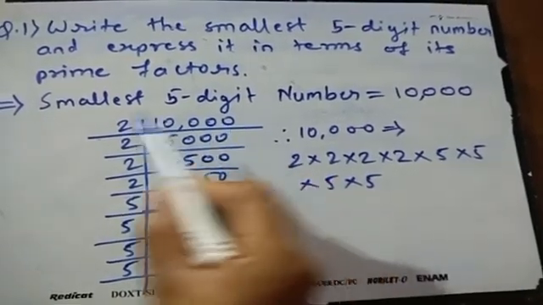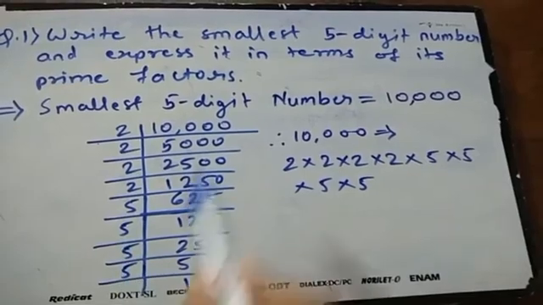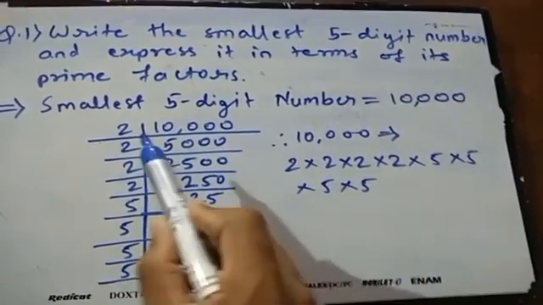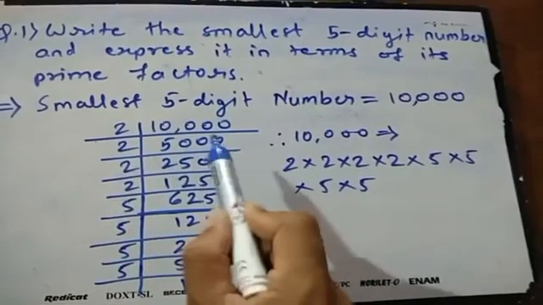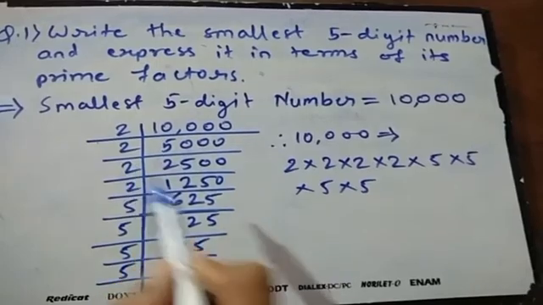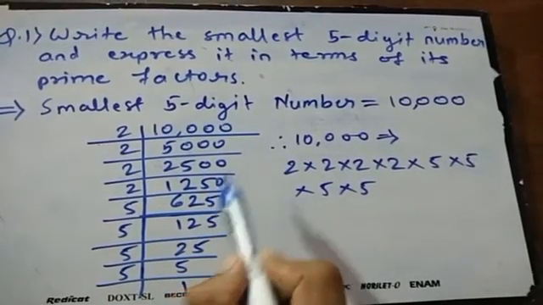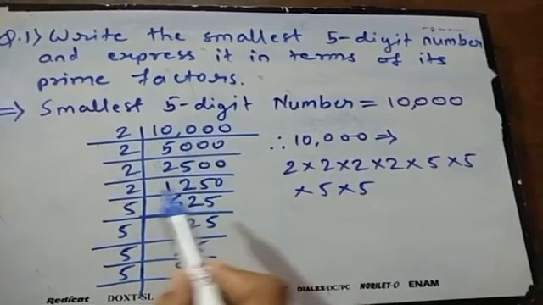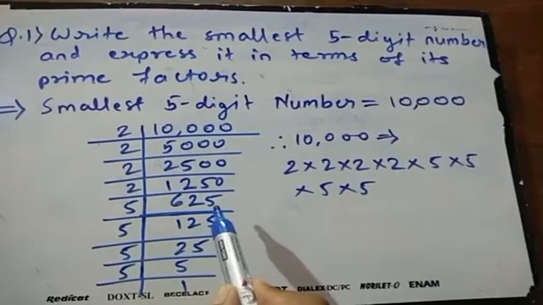So 10,000 divided by 2. 2 is a prime number. Always we have to take care to use prime numbers to divide these numbers. Remember, students, as we are finding prime factors here. So 2 fives are 10, 3 zeros as it is. Then 5,000 divided by 2 is 2,500. Then 2 ones are 2, 2 twos are 4, 1 remains, it becomes 10, 2 fives are 10, 0 as it is. In the same way keep dividing. So 2 sixes are 12, 2 twos are 4, 1 remains, 2 fives are 10, 625 we got.